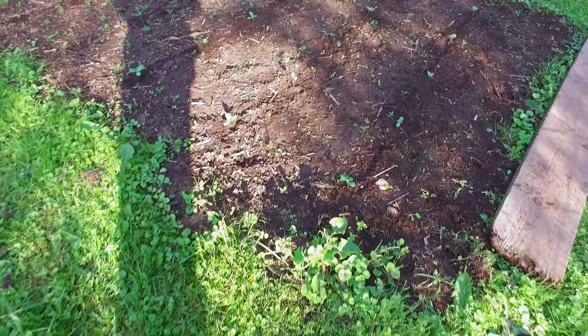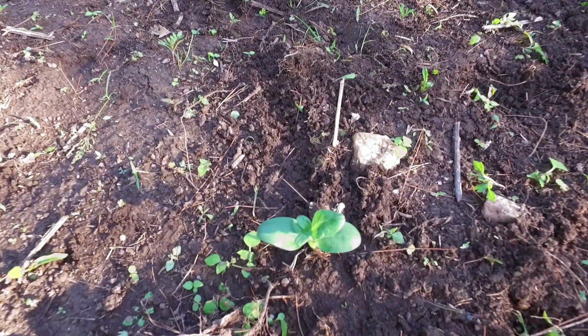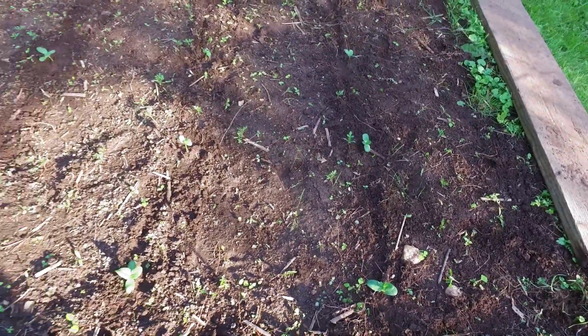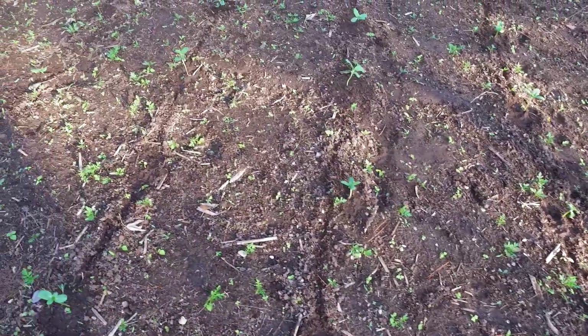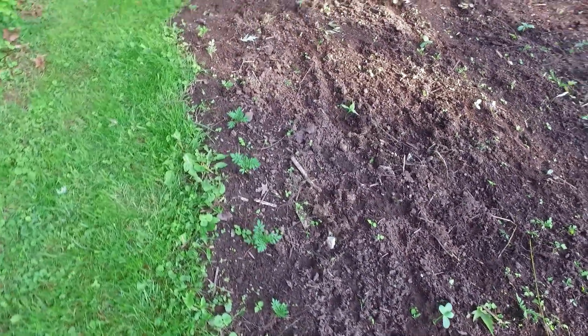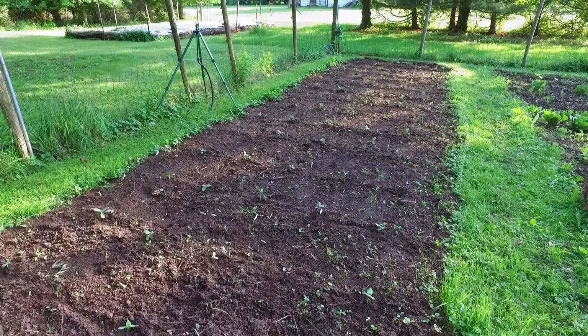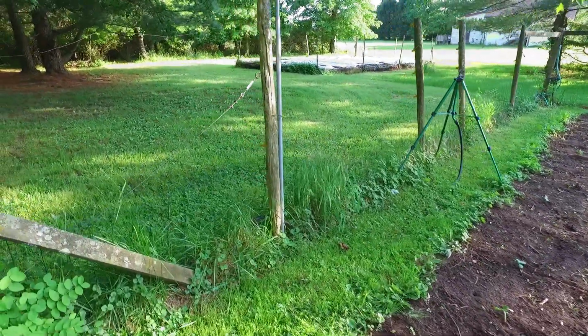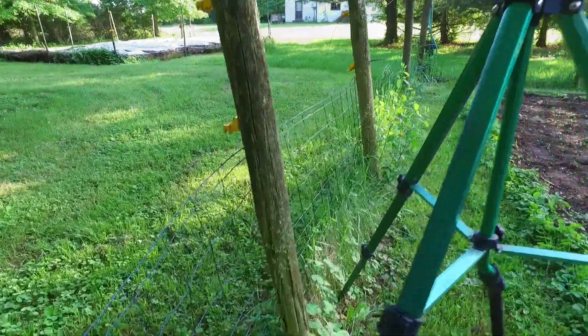And then this is the other bed that I just planted today, or transplanted, the seedlings. And this entire bed is sunflowers. There's 5 per row there. And there's a lot of volunteer marigolds that are coming up, and I'm just letting them grow in between, because I don't think they're going to interfere with the sunflowers at all. Now, out in the external bed, we have winter squash, pumpkins, and melons. And so I'll take a quick walk out there,